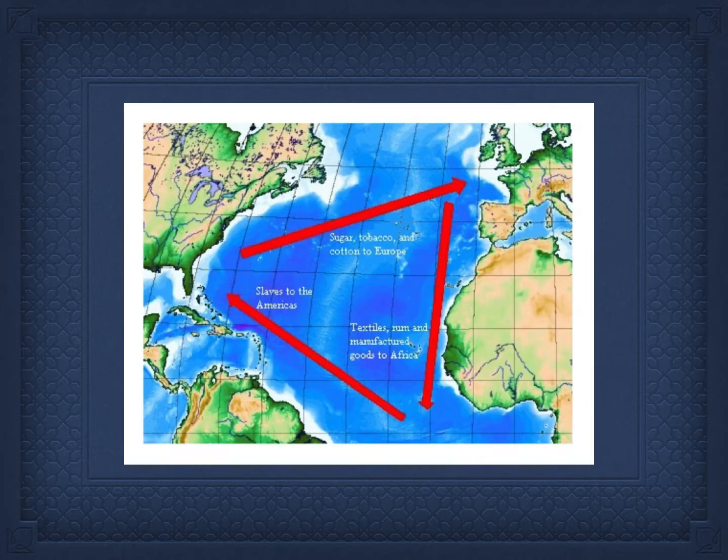Our next slide, then. We go back to the graphic, okay? So let's look at what made its way from where. If you look on the left side of the graphic, you'll see the east coast of the continental United States, okay, North America. Now, from America over to Europe, you had sugar, tobacco, and cotton, all those things that I just mentioned, making their way to Europe. Now, then the products that were made from those raw materials would be taken down to the west coast of Africa. Now look to the right side of the graphic and you'll see the west coast of Africa.